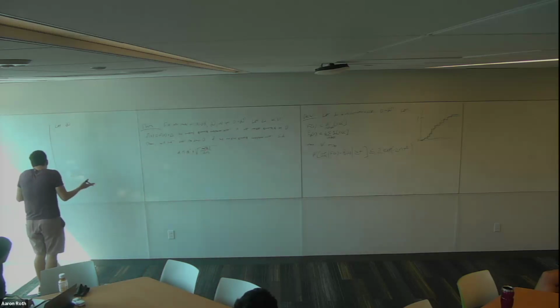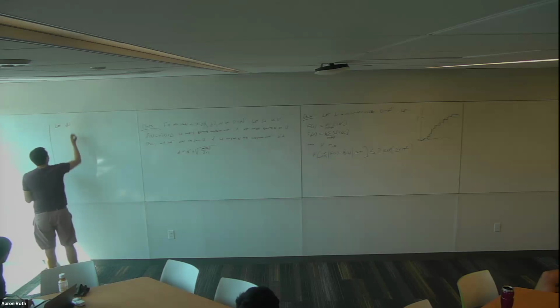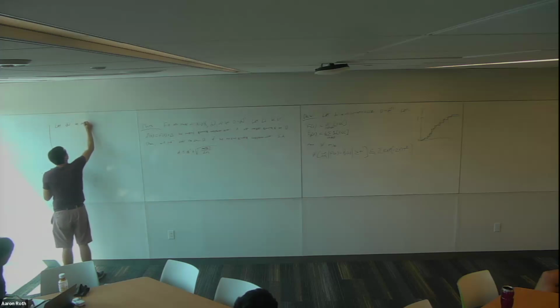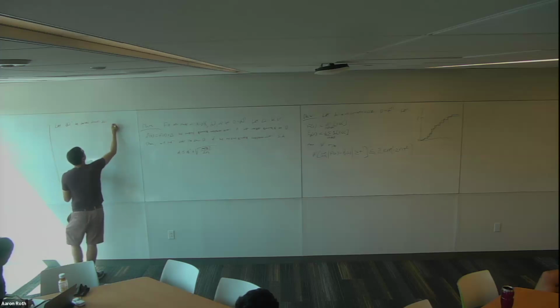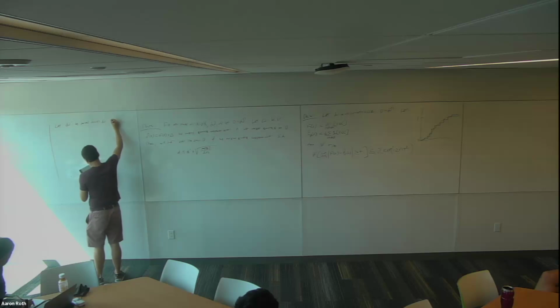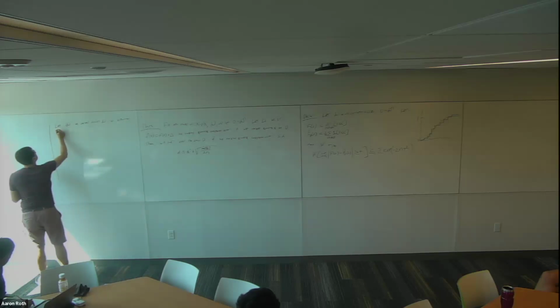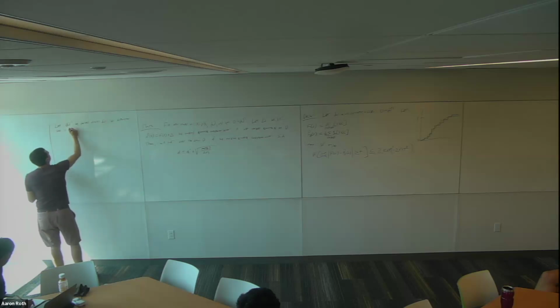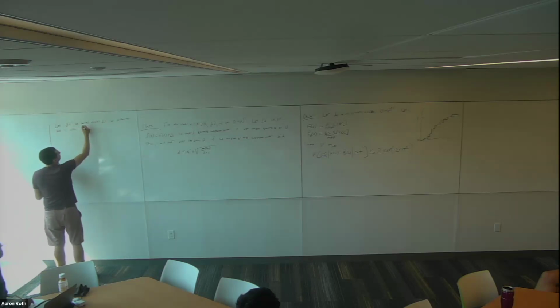So why don't we just define a distribution that's going to capture that? So let D prime be the distribution derived from our real data distribution by replacing the label Y with the residual of our model,